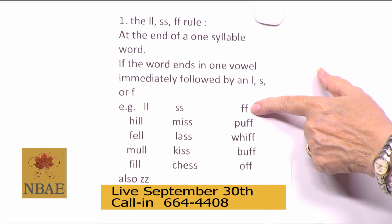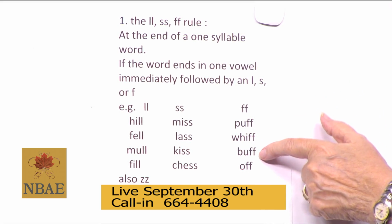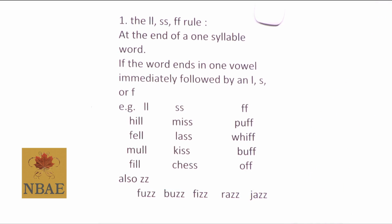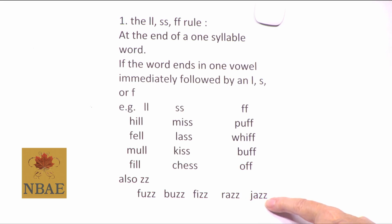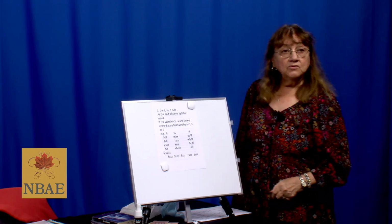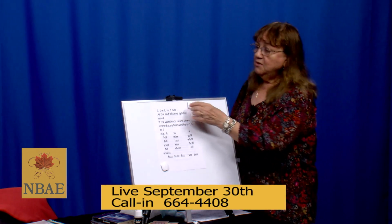Over here, this goes for F's: puff, a powder puff, a whiff of smoke, to buff something when you're waxing your car, and the word off. There's also Z words that are down below. These are words that you may or may not have heard, but some of them, the word fuzz on a sweater, buzz, fizz in a soda, razzmatazz, something like that, and then you have jazz. So it's a vowel, and in this word it's an A, with a consonant at the end, and if it's an L, an S, an F, or a Z, that's the rule for those double letters at the end of a word. Okay? The second rule I want to show you